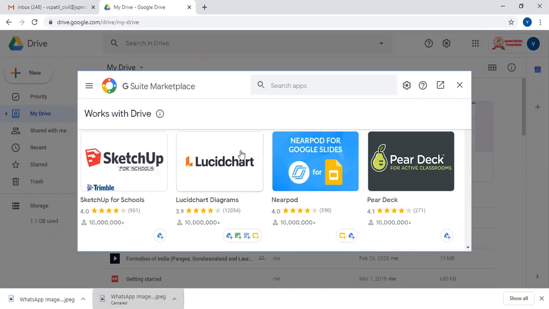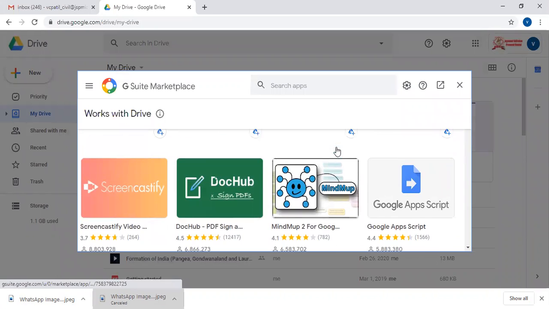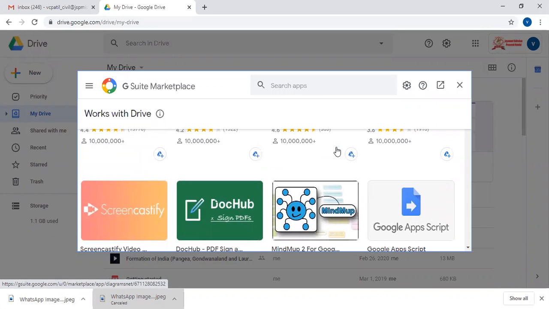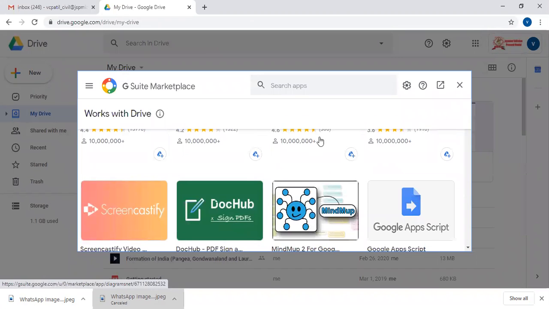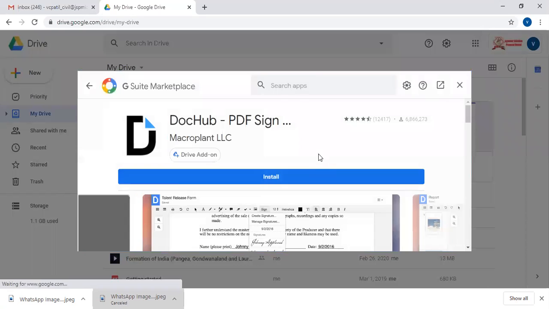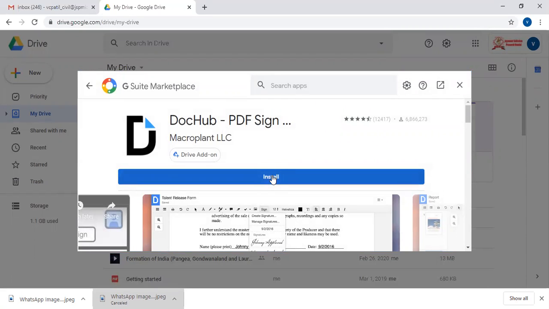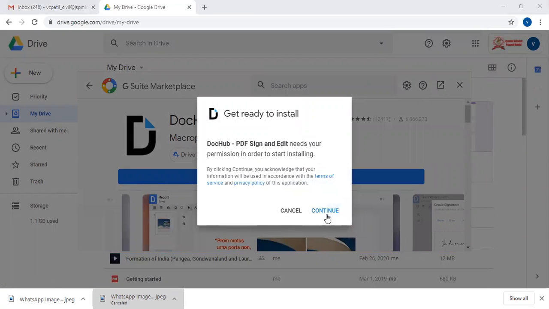Then there are a number of apps provided on this platform for different work. So I want to select this Doc Hub. First install it on your PC. Continue.